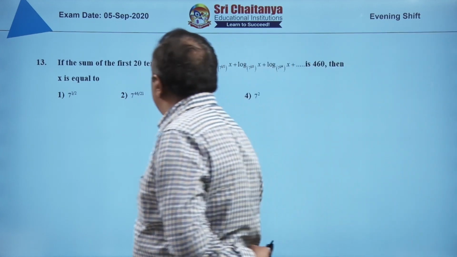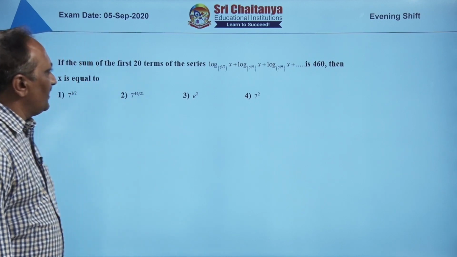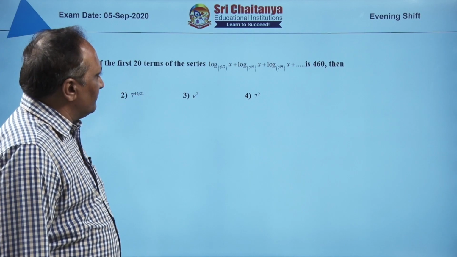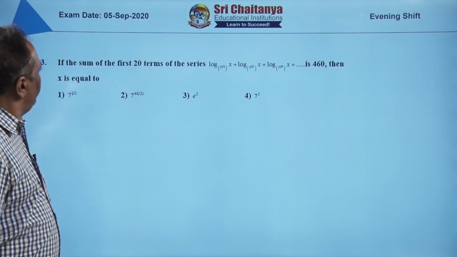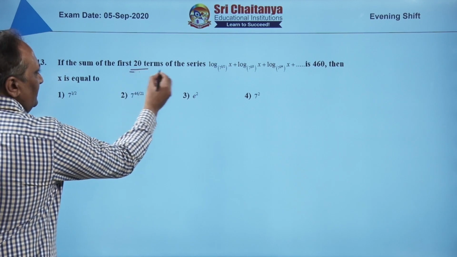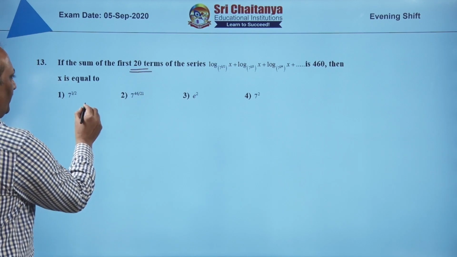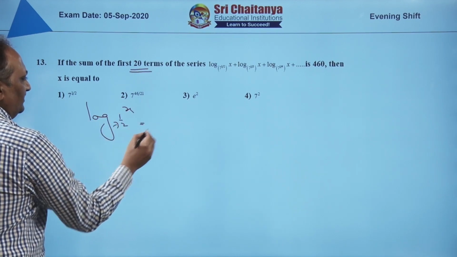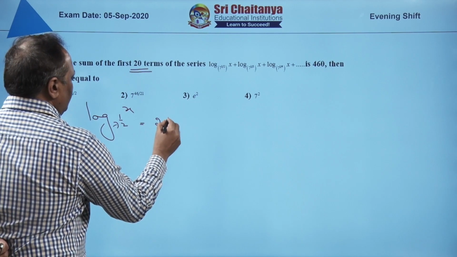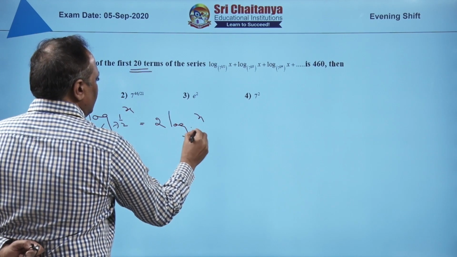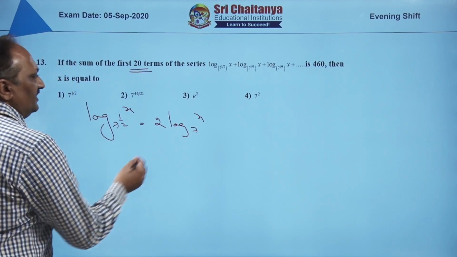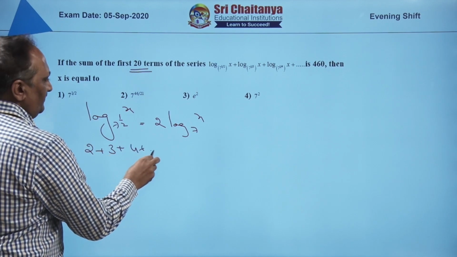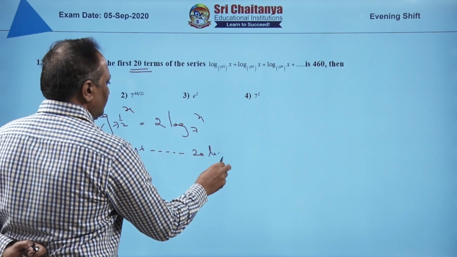The first 20 terms of the series log x to the base 7 power 1 by 2 plus log x to the base 7 power 1 by 3 and so on up to 20 terms is given. You can simplify this in this form: log x to the base 7 power 1 by 2 can be written as 2 times log x base 7. Similarly, you can write the remaining values also. So, 2 plus 3 plus 4 and so on up to 20 terms